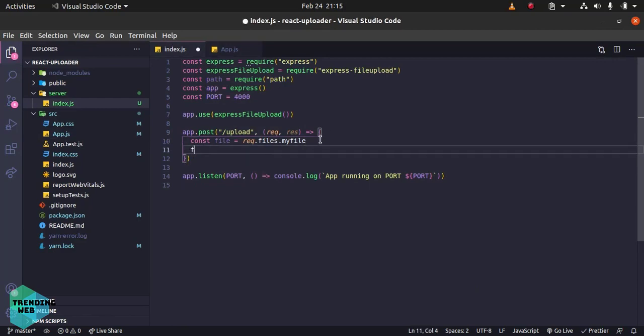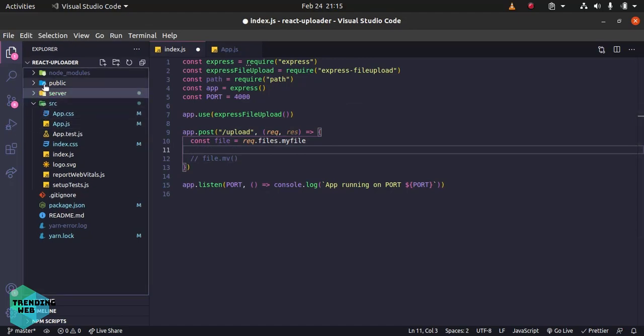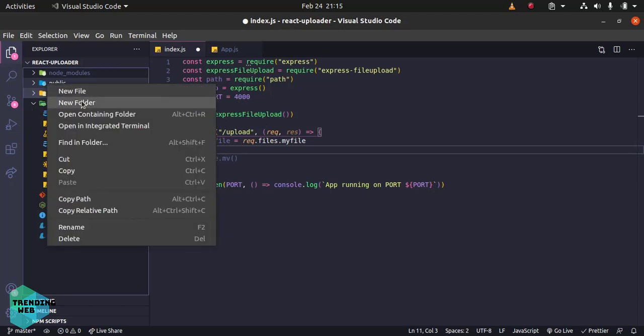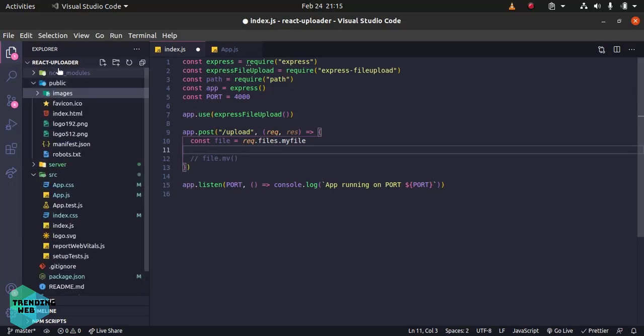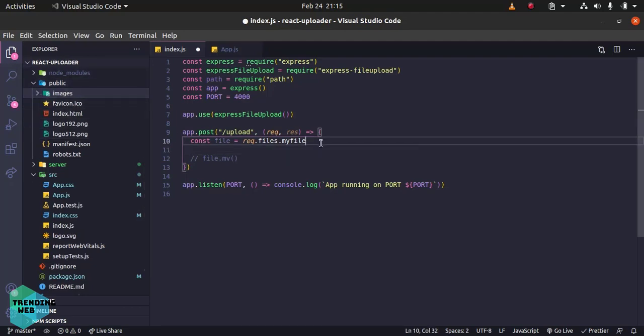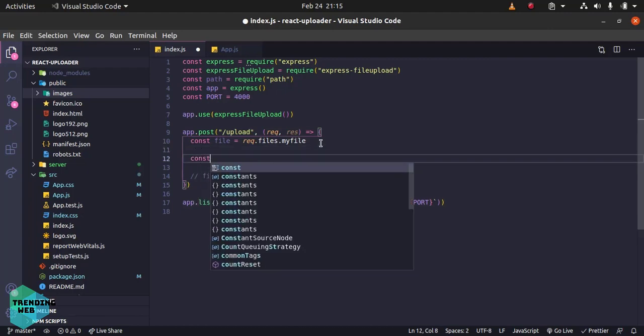After that we'll say file.mv. First of all, we'll decide where we want to upload the file. I want the file to be uploaded inside my public/images folder. Let's console log the path, or first of all let's construct the path. filePath